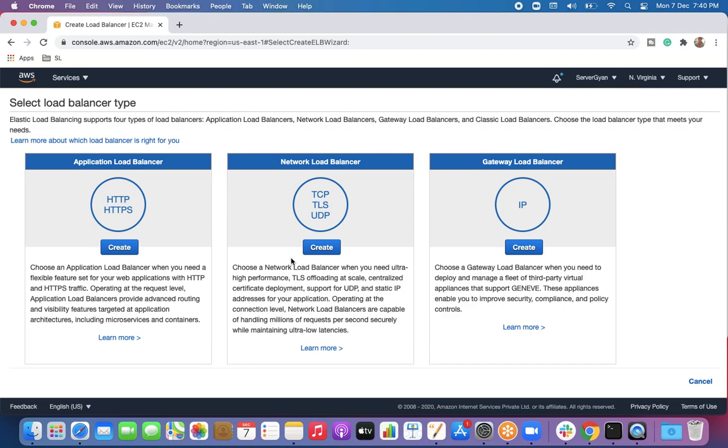My name is Dr. Lokendra Singh, and today we are going to discuss the new load balancer which AWS has introduced. How does it work? What does it mean? What are the types of load balancer?